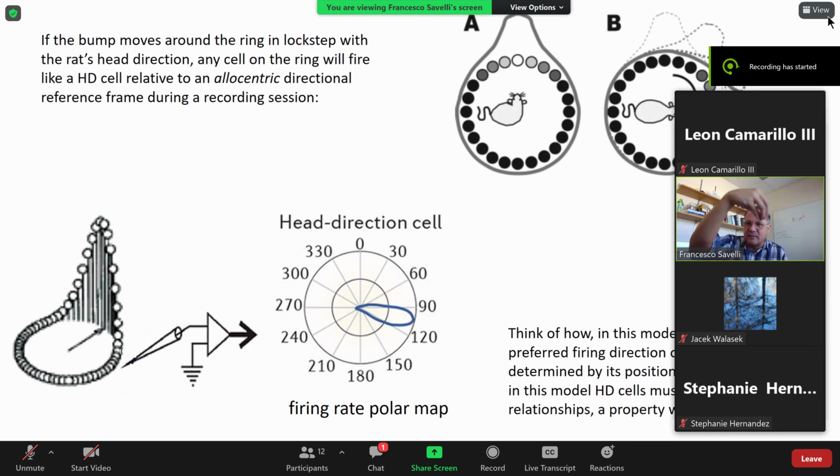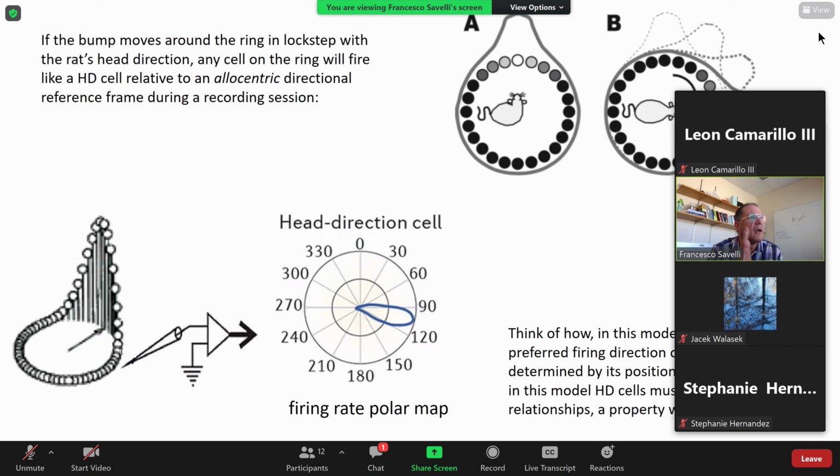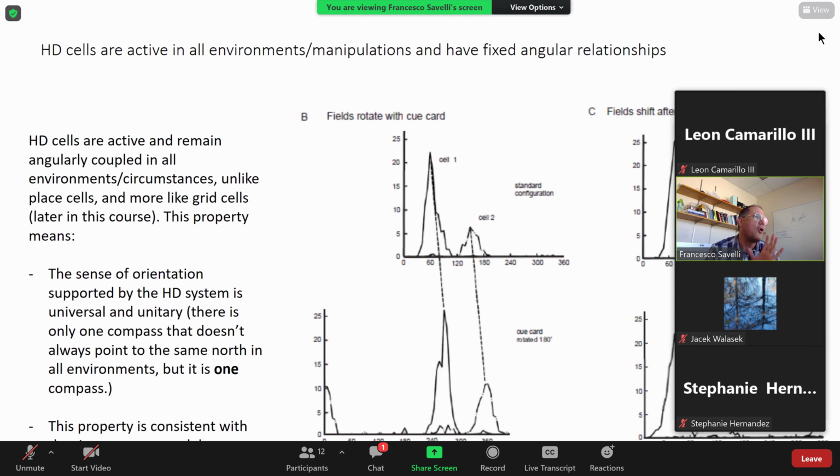and reset the position of the bump if it's off. So there is both aspects, this is a recurring theme of our course, the interplay between allothetic and idiothetic cues, right? So let's see how exactly this would work. Oh no, okay. Before we get there, let me revisit a slide that we did last week, in which we